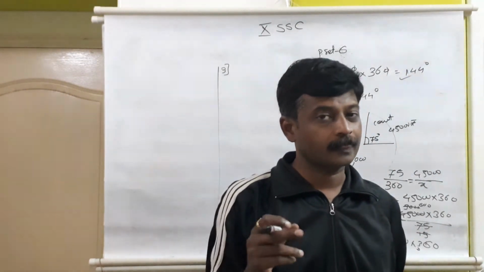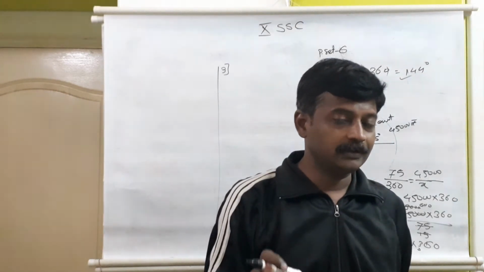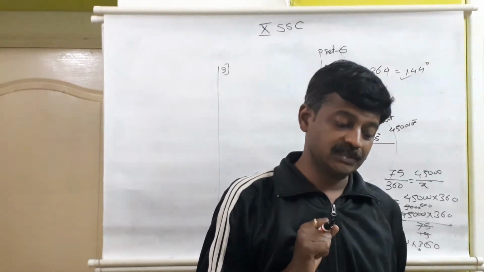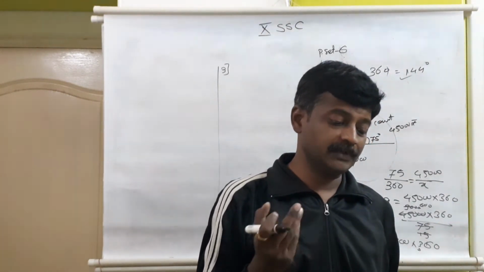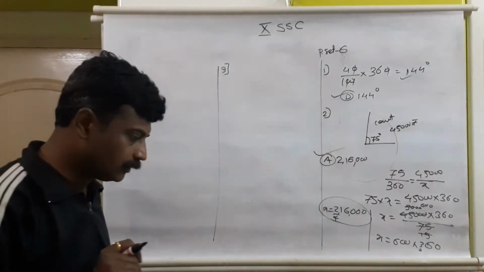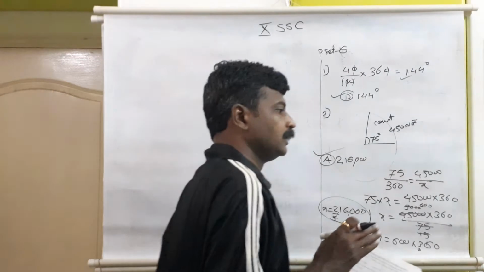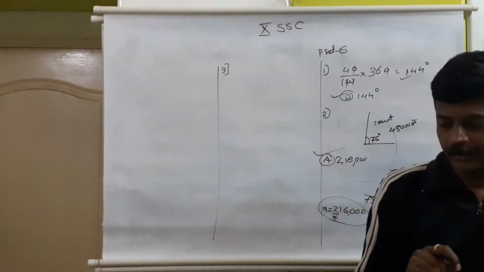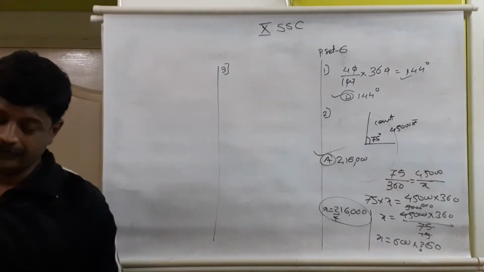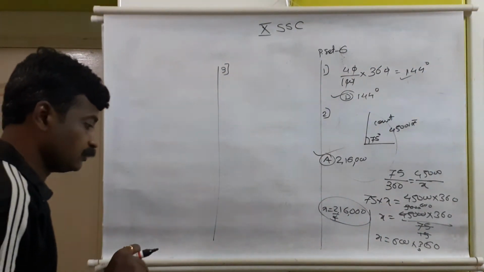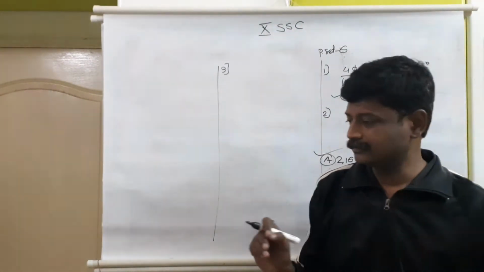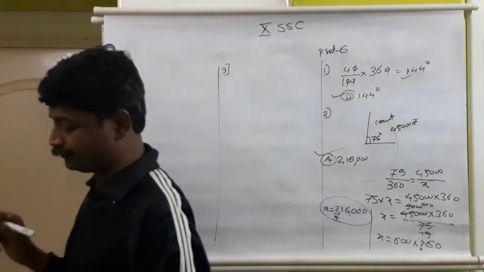Minus CF upon F. So not only mode, in the median also we use it. And here the question is, for mean also is it necessary? If we see the three methods to find mean: the direct method, then the assumed mean method, where x bar is equal to a plus d bar, and the third is the step deviation method, where x bar is equal to a plus h u bar.